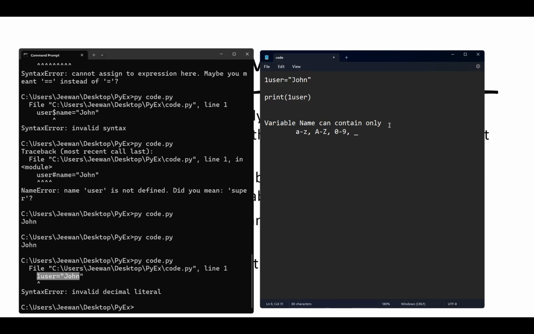A variable can contain only these and underscore. And variable name must start